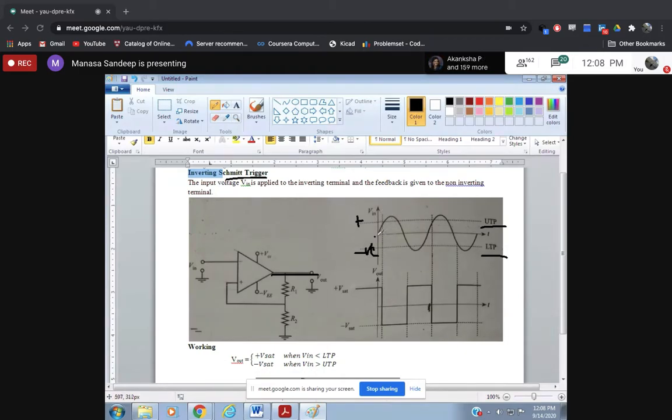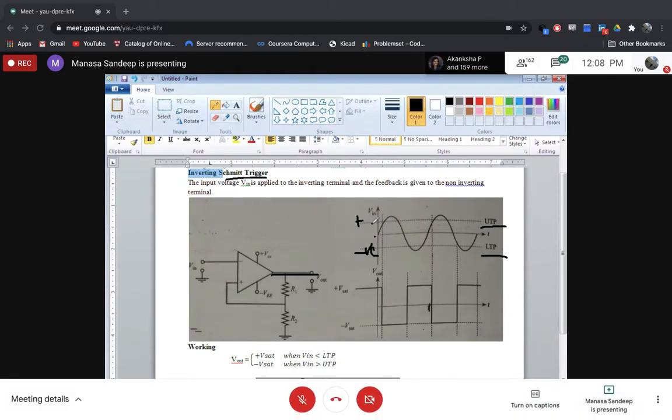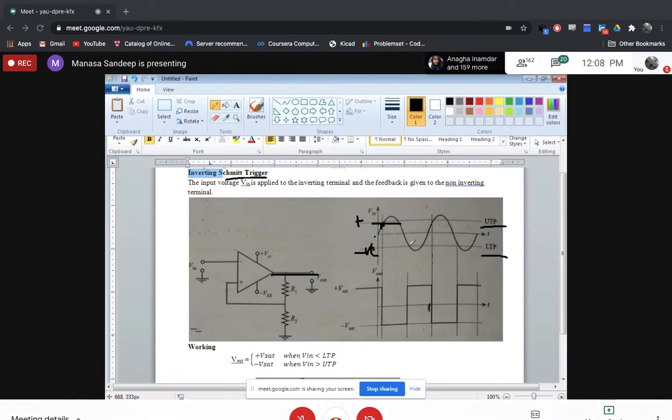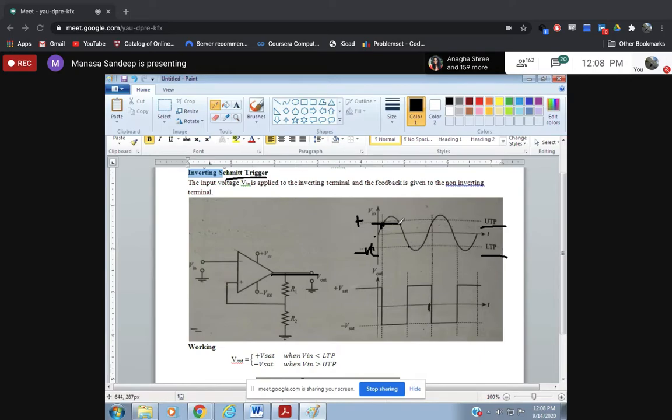So here you have the input. This is the UTP line, correct? So at this point, this is a UTP point. UTP is a point you have in the rising edge of your input. LTP is a point you have to consider when you are seeing the falling edge of your input. So UTP point always you will consider in the rising edge of the input. I'm talking only about the Schmitt trigger, and in general, it is one and the same. Here this is the rising edge, and this is the UTP point.